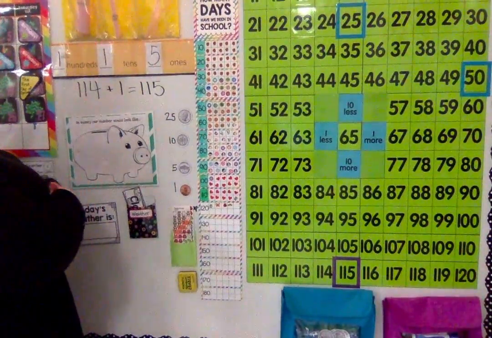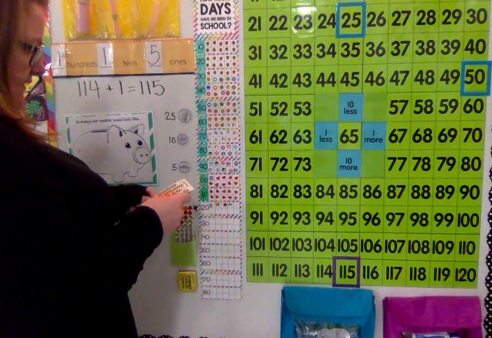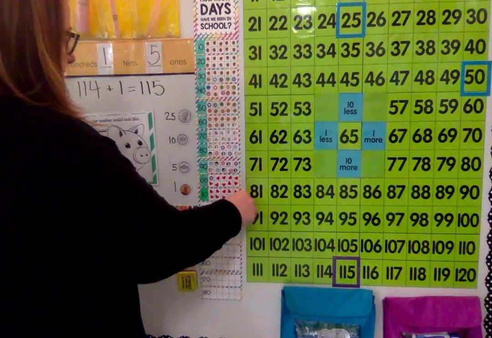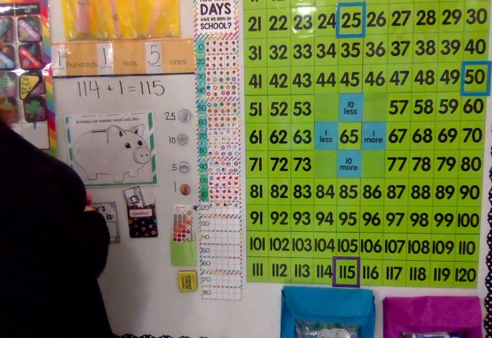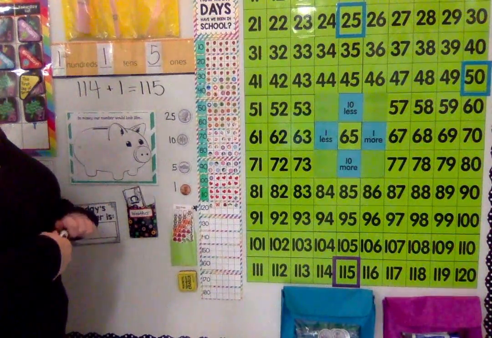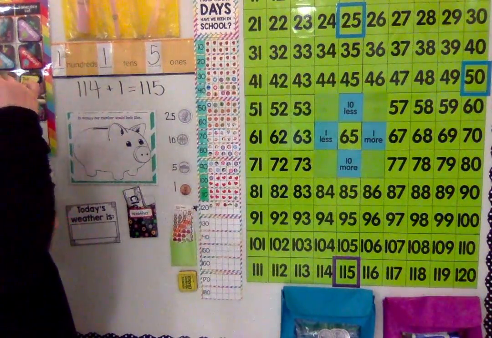That means I also get to add a bug. Ooh, it looks like we've added all the bugs. We're going to come back and add another bee. There it is. 110 and 5 more does get us to 115. All right, our last thing for calendar before we go today, we want to show